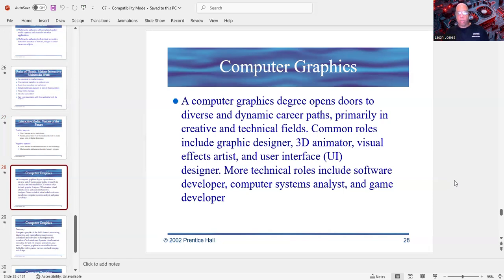More technical roles include software developer, computer systems analysis, game developer. You can use it for engineering, architecture as well, industrial design. But these are some common fields. Now, again, I just mentioned UI. Computer has a programming user interface. Also, you can create websites. You're a web designer